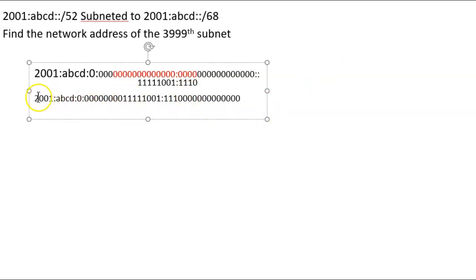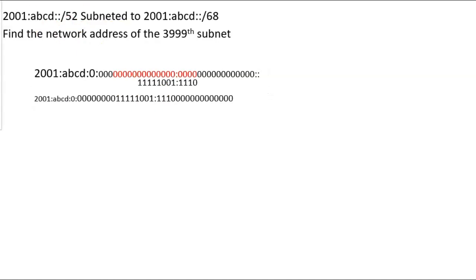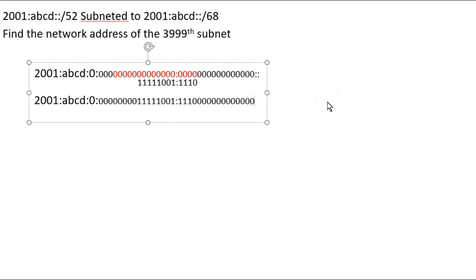Let's see. In order to line these up, let's put this first section back in 18-point font. Now, of course, this takes a lot longer when I'm doing all this stuff to make sure it all lines up correctly. But when you're doing it by hand, it's a lot faster. Now, all I have to do is convert this back to its hexadecimal. So let's take this number here and convert that number back to hexadecimal.